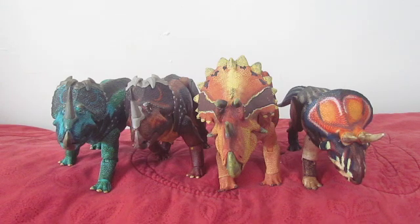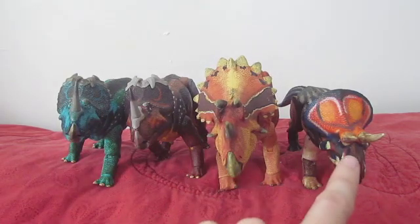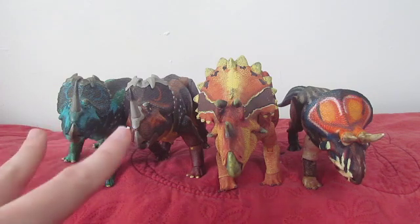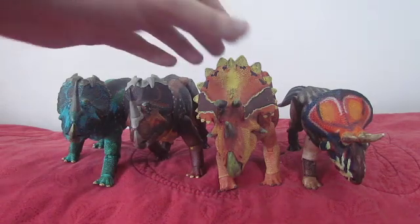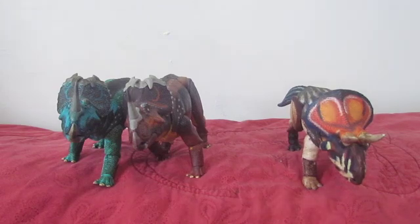But yeah, you can see these are 10-inch figures. This is a 12-inch. This is a 6-inch. And if you think these are fairly small as a result of this, wait until you see the adult Centrosaurus. We will do a size comparison with the adult Centrosaurus and the juveniles together in a few minutes. So, stay tuned. So taking this fellow away,